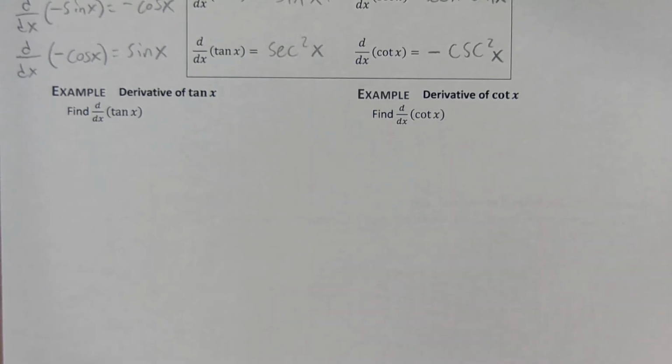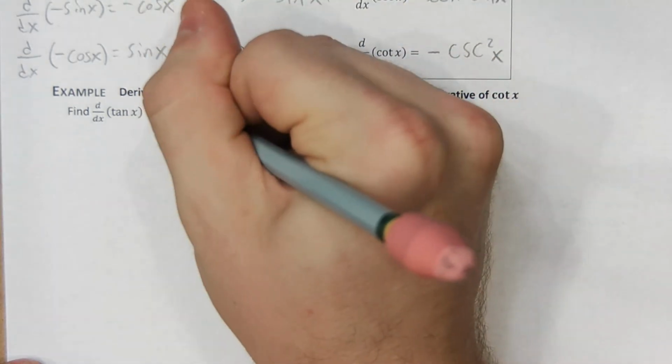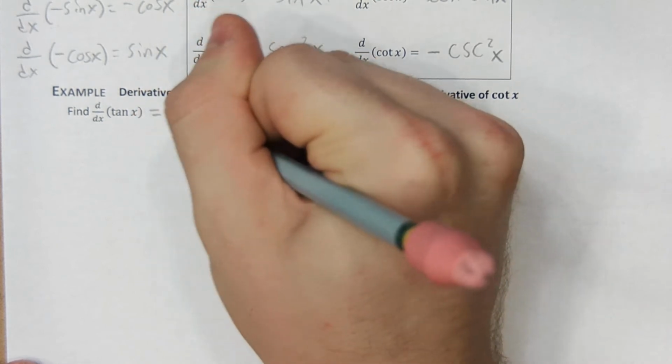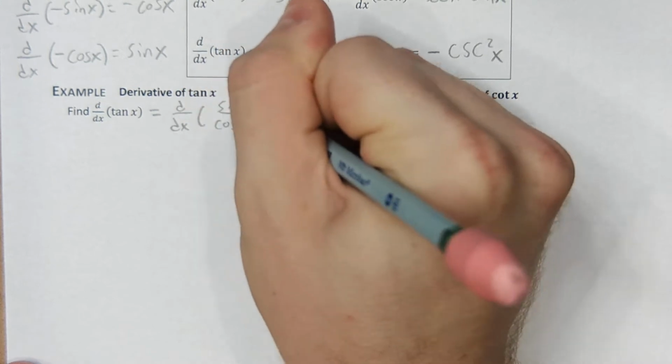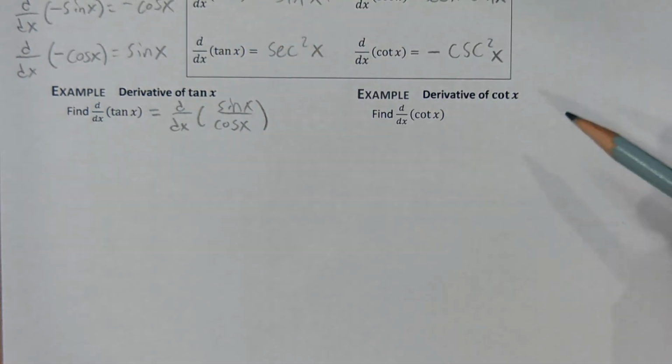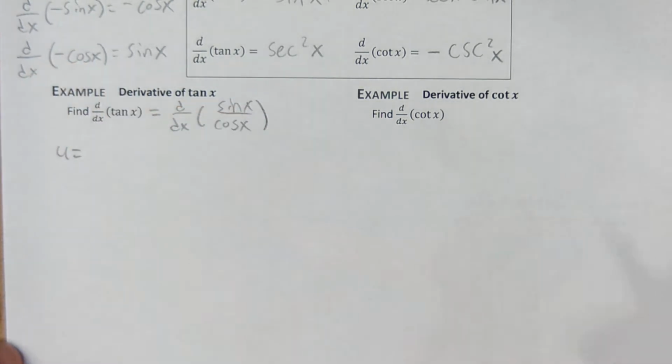How do we do that, Mr. M? Why not do the quotient rule? If we call tangent x sine x over cosine x, then we can use the quotient rule. And again, like I said, we have to just use the derivative of sine x. We'll just have to use the derivative of cosine of x. So if u is sine of x